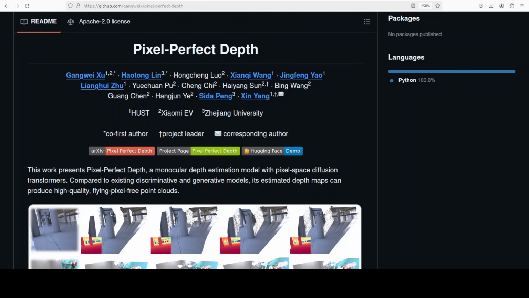One field which has really matured in generative AI is depth estimation. Depth estimation in various modalities is not something new. But lately, I have seen a lot of improvement, and I believe that this is going to play a pivotal role in a lot of real world use cases. That is why, when I stumbled upon this new model and project, Pixel Perfect Depth, I thought maybe the time